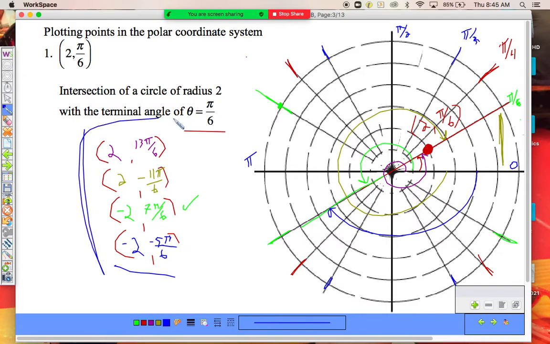And those are 4 additional polar representations of the same point. All right. So now, if I ended up on the same angle, I did the same distance. If I ended up on the opposite angle, I did the opposite distance. All right. So, when I want the same R,